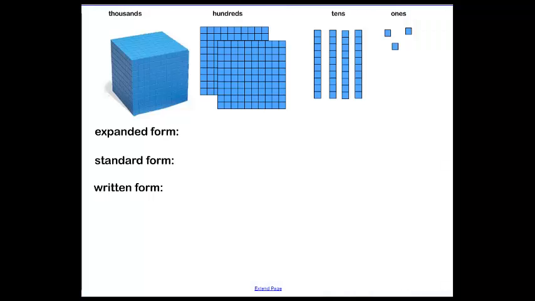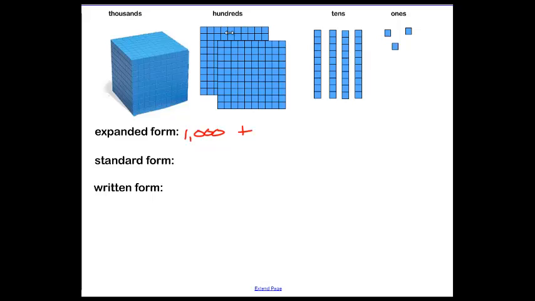If we look at the base 10 blocks, we have 1,000 block, we have 2 of the hundreds, we have 4 10 sticks, and then we have 3 single ones. I'm going to start by writing in expanded form. So what I'm going to do is I'm going to look at each area and I'm going to write the value of the thousands place. The value is 1,000 because there is 1,000